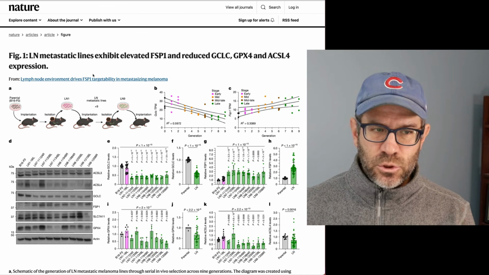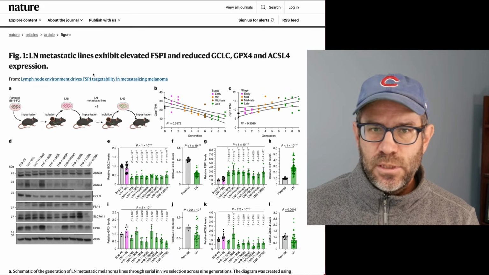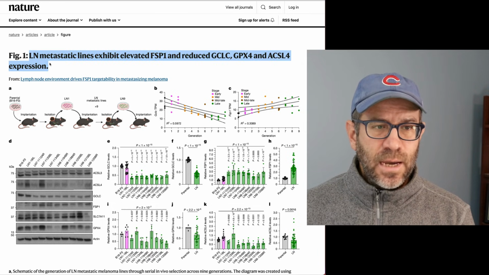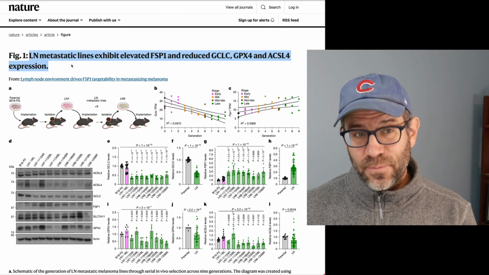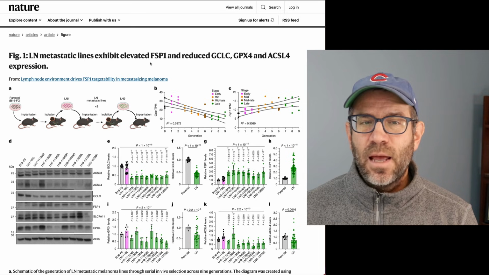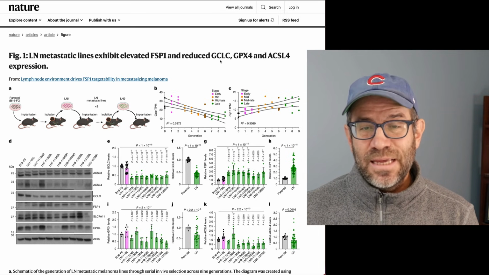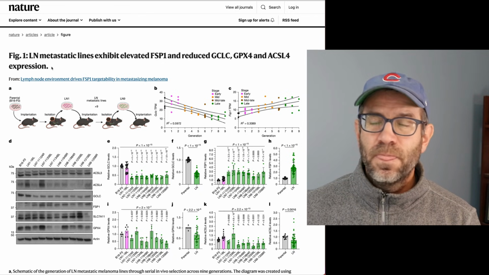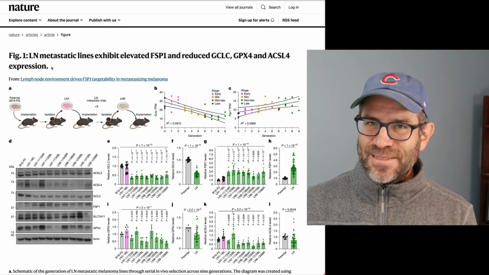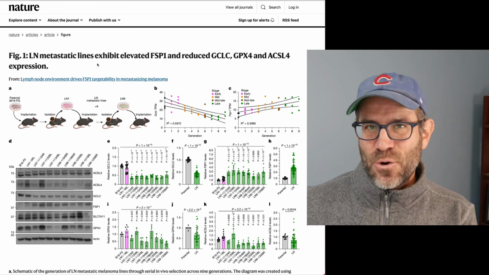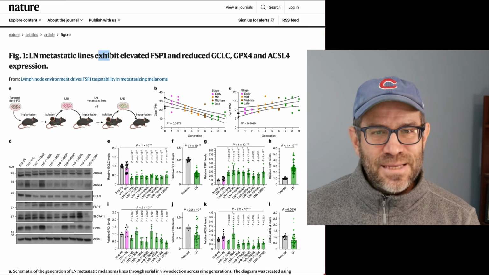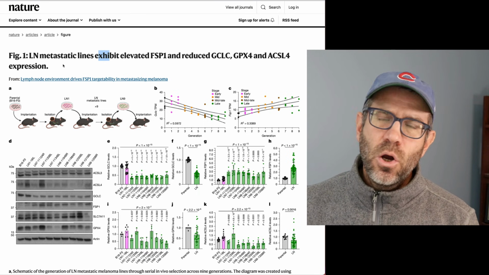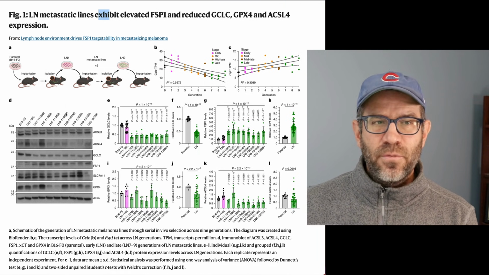So let's turn our attention to figure 1, which is the figure I want to critique specifically in this video. We start with the figure caption. The title of the figure is LN, or lymph node metastatic lines, exhibit elevated FSP1 and reduced GCLC, GPX4, and ACSL4 expression. That is a declarative title. You know it's declarative because it has a verb in it, right? So exhibit, right? And so this is the authors telling us what they want to take away from this figure,